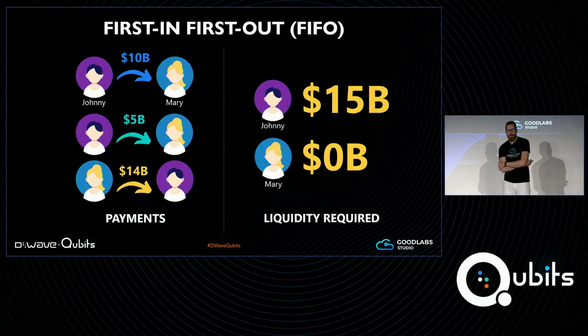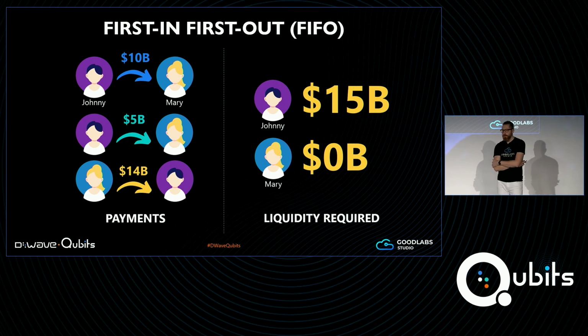So to start off, I think we should look at a really simple example. And I want you guys to be thinking about this in terms of a game that we want to win. So in this game, we're going to assume there's just 2 players. We've called them Johnny and Mary. And they need to settle some payments between each other. In this case, just 3 payments. Now, we also want to assume that these payments come in over some period of time. So that way they have a chronological order.